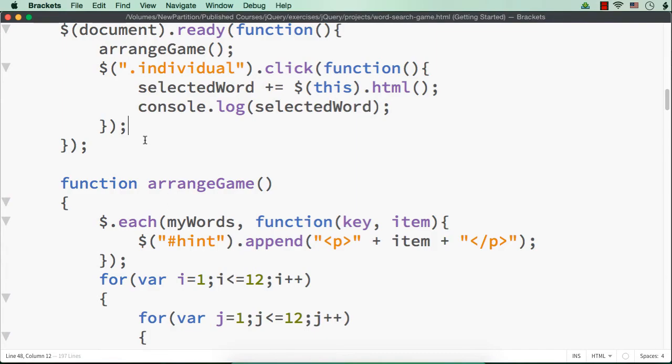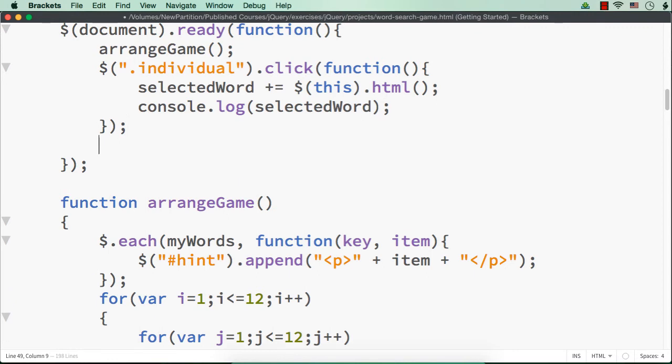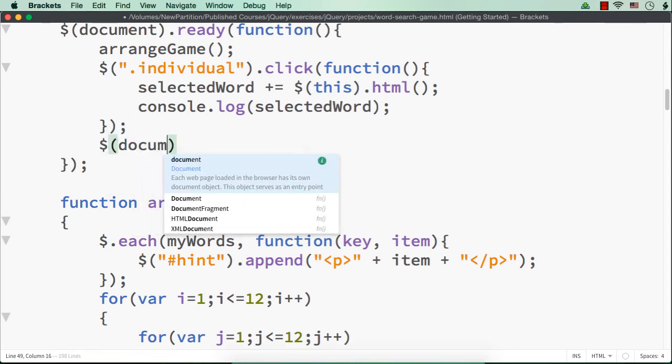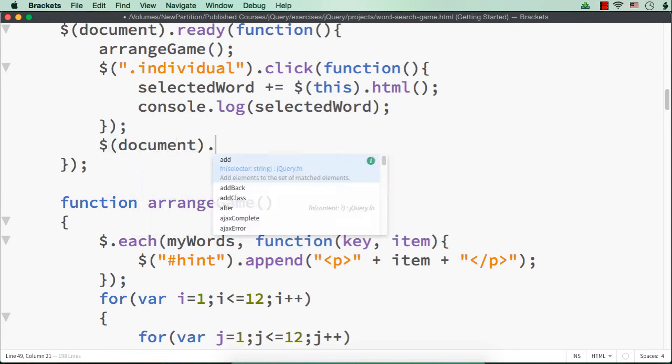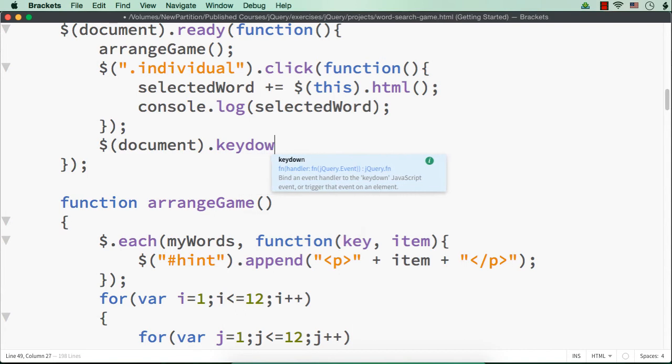So what we need to do for that, after this, let me write $(document).keydown. Key down means the key is pressed. That is, before releasing it, the key down event gets triggered. When the key is released, then the key up event will be triggered.